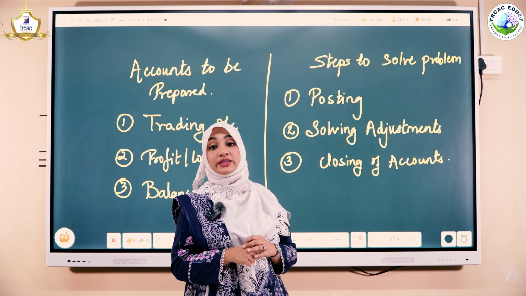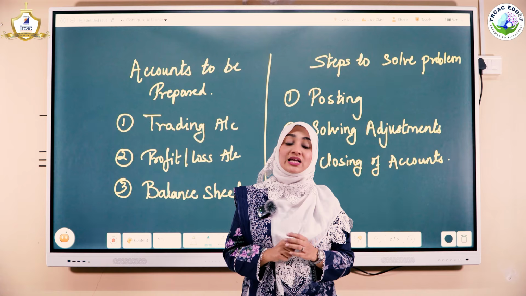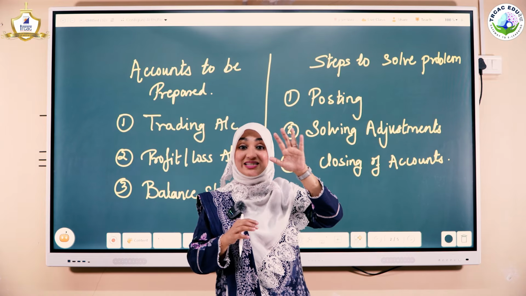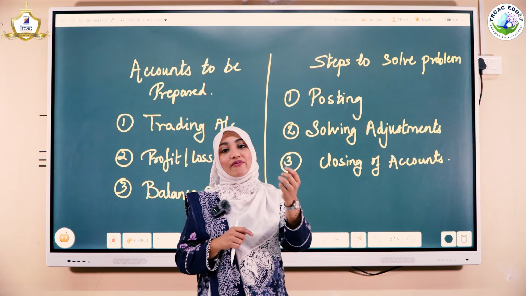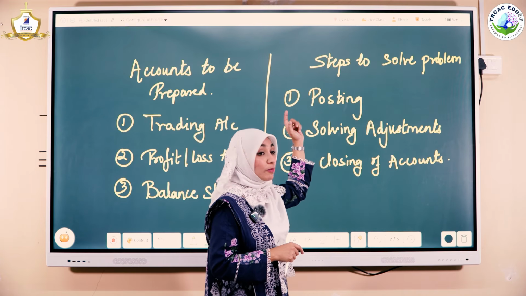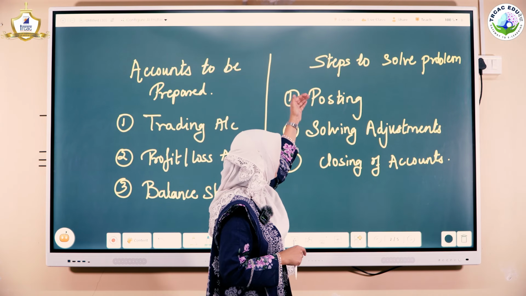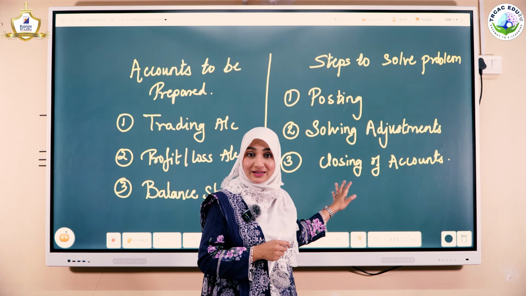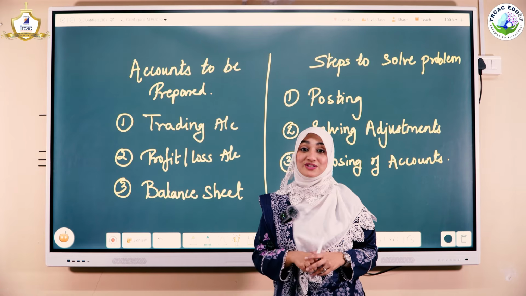Now, the important thing is, if you are doing posting and solving the adjustment, this itself will give you 8 marks. Correct. Never be scared about whether your balance sheet is going to get tallied or not. Tally will have hardly 1 or 2 marks. But before that, the important step is you should always post your elements properly and you should solve your adjustment. If these two steps are absolutely correct, then definitely balance sheet will automatically get tallied. Okay, everyone? So let's move further and see how trading account has been prepared.